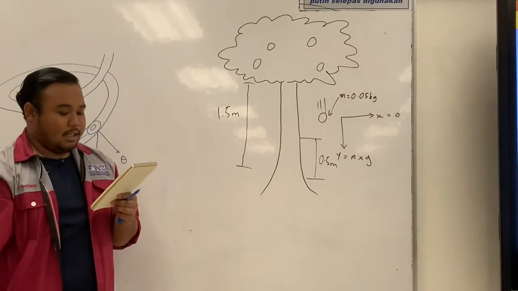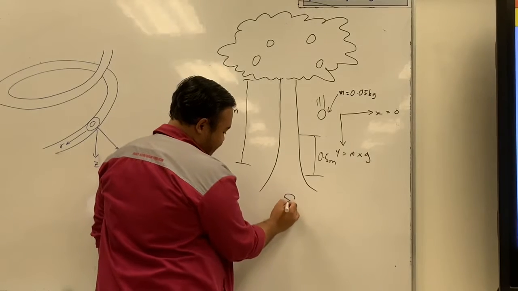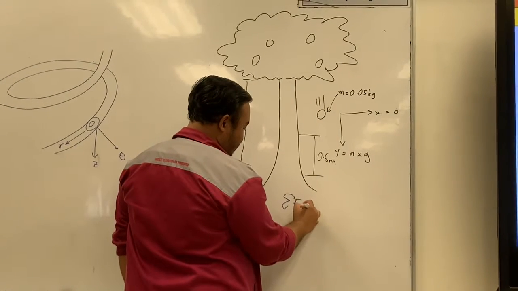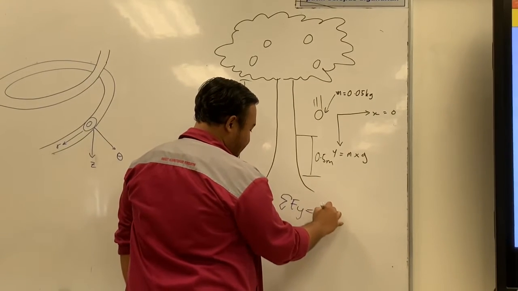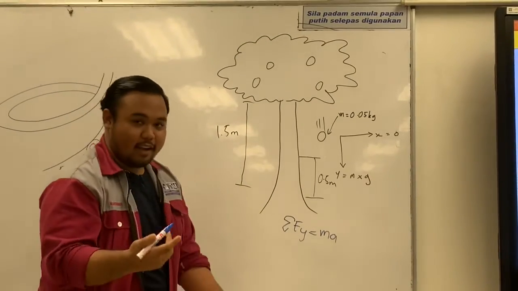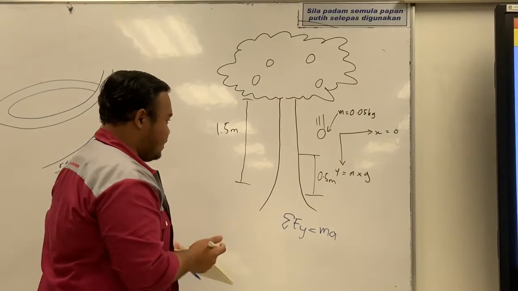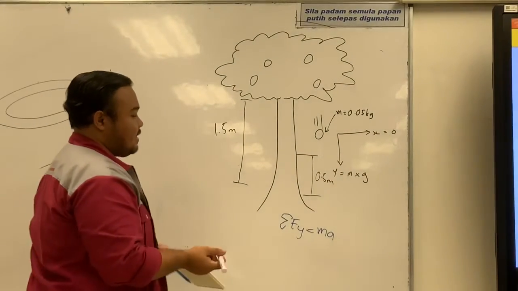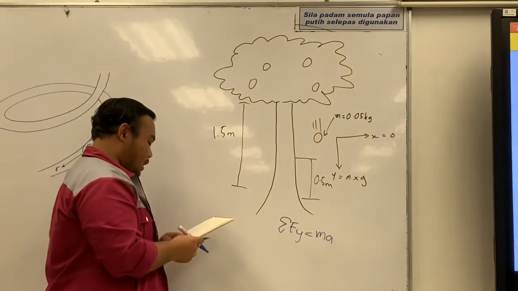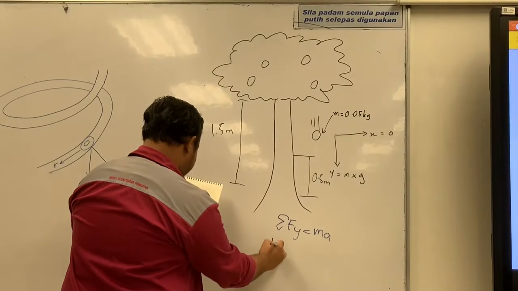Next, we can apply the equation of motion. So the equation of motion involved is only summation of Fy equals ma. Why is there no x? Because there is no x direction involved. Okay, since we can assume the acceleration is constant, we can use the three equations, which are v equals